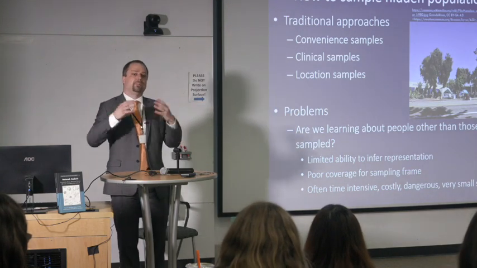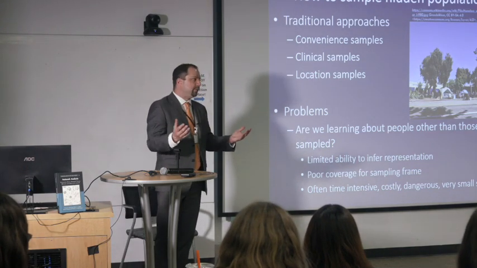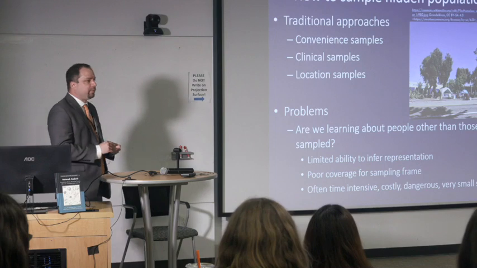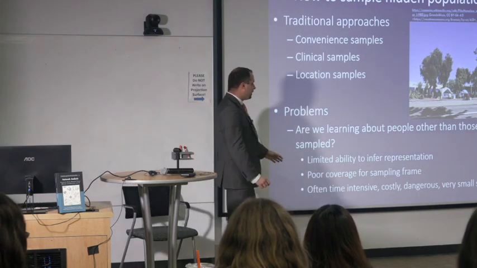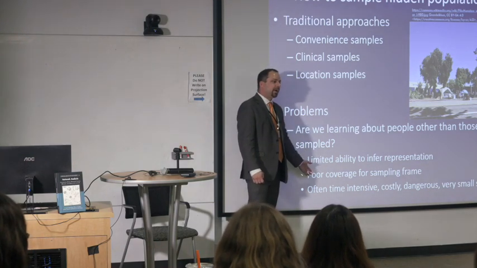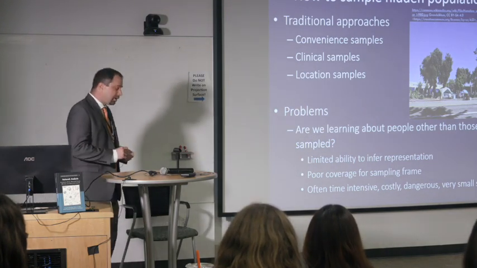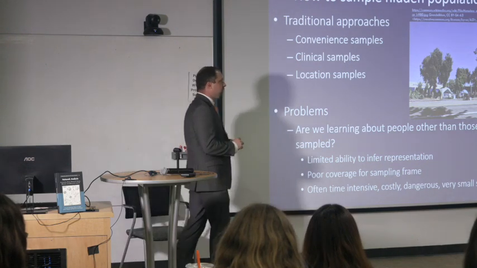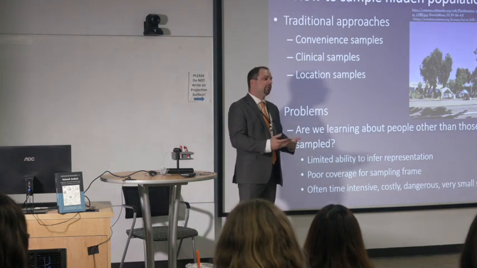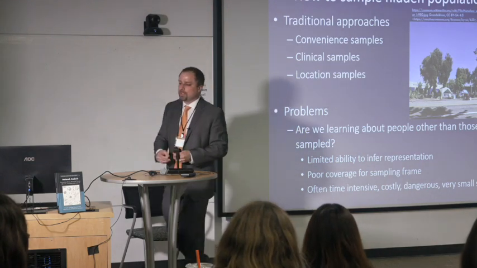We want to make an inference to some larger population, not just the 200 people we talked to, but the 2,000 people that we think they're representative of. So there's very limited ability to infer representation. We don't know how well we might have covered the sample frame. With convenience samples, it's very difficult to count a response rate, for instance, because we don't have a sampling frame. Other challenges are that it's time intensive, costly, and sometimes dangerous to survey in these conditions. If you're sending people into homeless encampments, there are all sorts of researcher risks that you also need to consider, in addition to dangers for the population themselves.